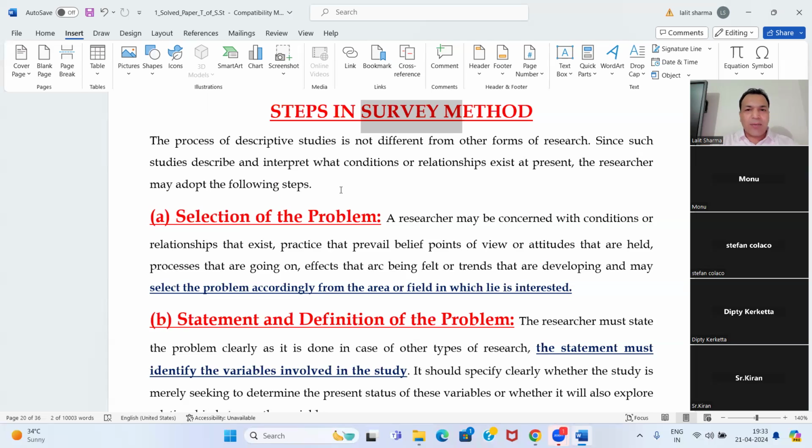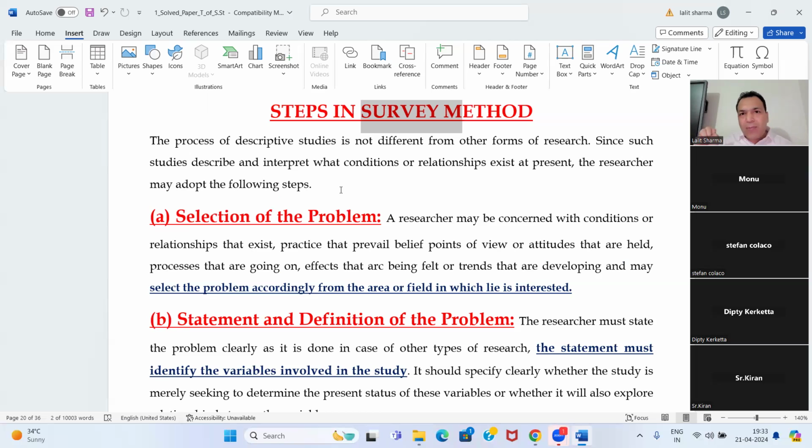For example, one student is not going well in your class. So guys, what do you have to do? First of all, you have to select the problem, what the problem is, number first step. Second, you define the problem. You will write it: this is the problem. The student is not learning. Other students are learning, but one student is not learning. One student is always getting less marks.